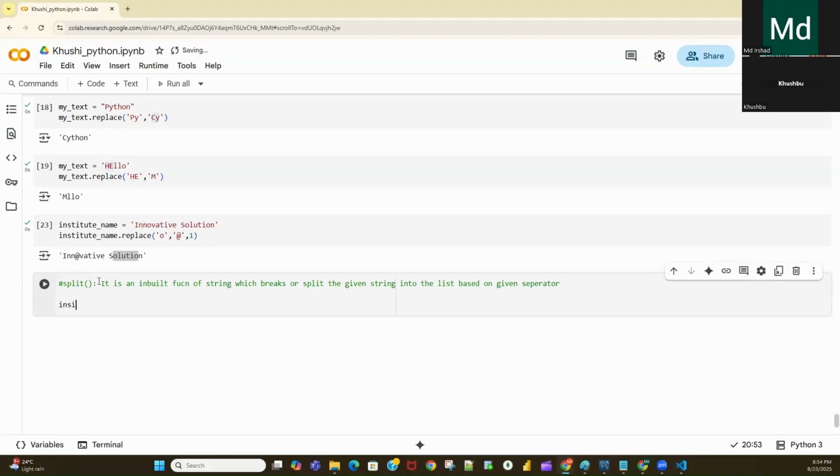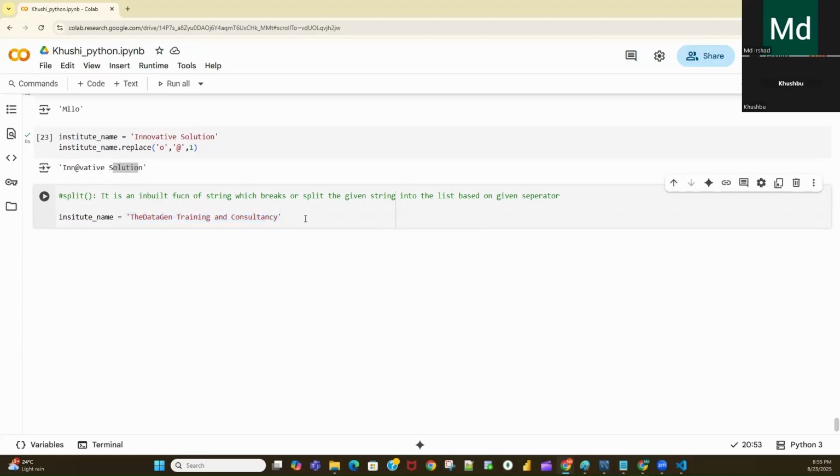For example, let's say institute name equal to the data gen training and consultancy. Okay, so let's say you have data something like this.